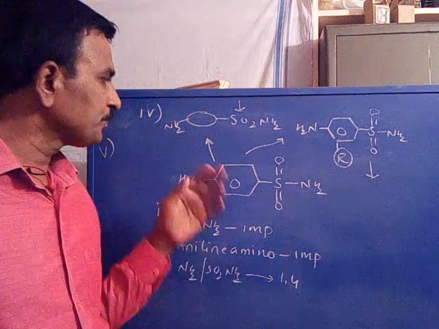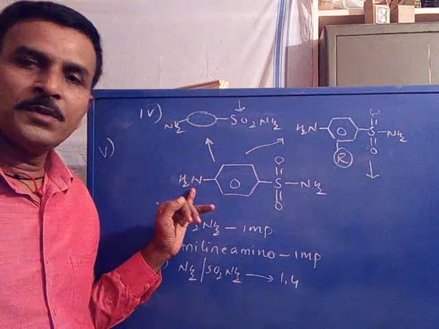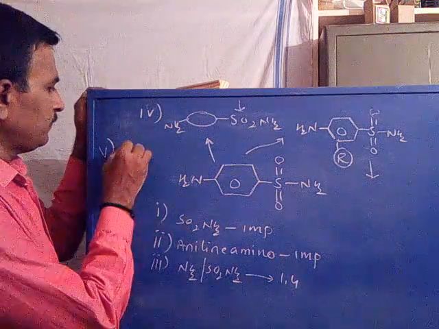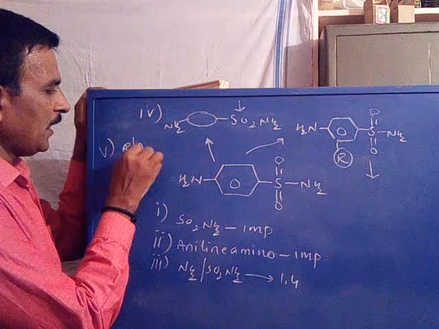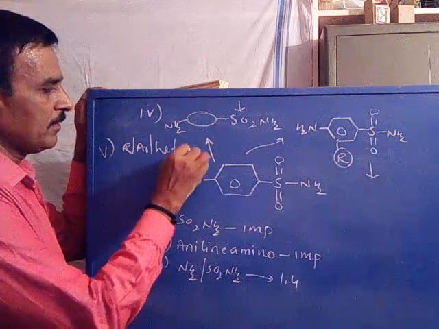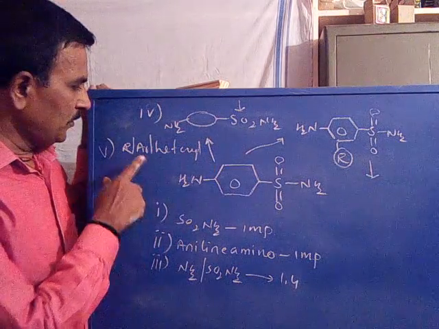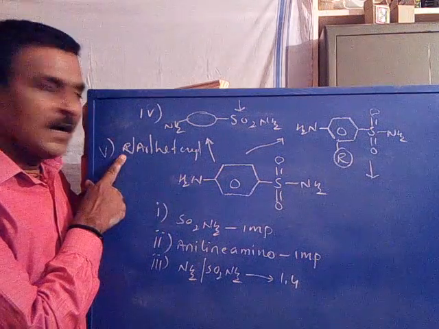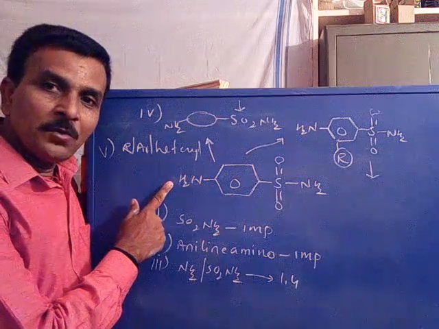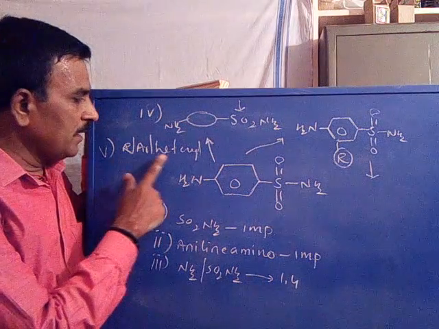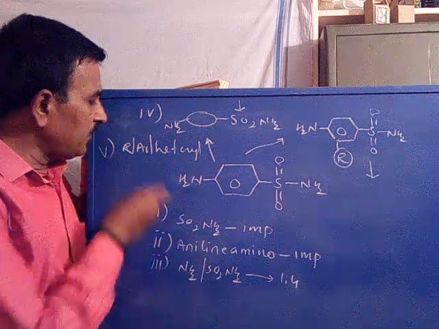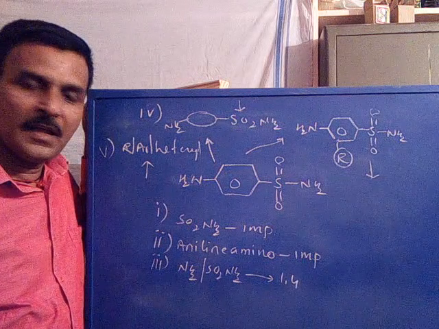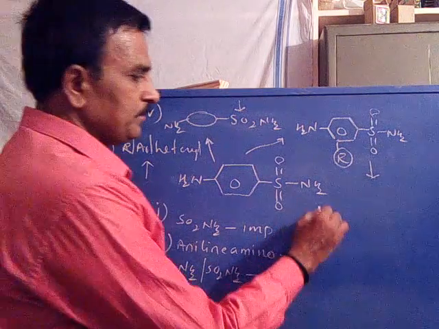fifth relation, substitution of hydrogen on the NH2 group by alkyl or aryl or heteryl. Substitution of the hydrogen on this nitrogen by an alkyl, aryl or heteryl group increases the activity. Is it clear? Now coming to the sixth one,